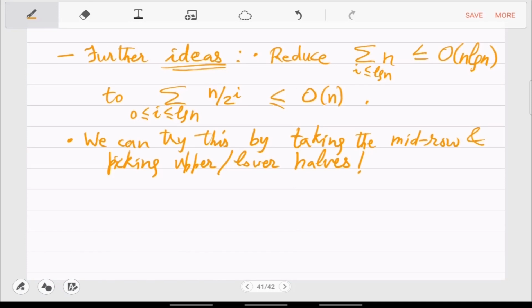So this will simultaneously reduce both the dimensions by half every time. So hence the time will now be, in the ith step, ith call, only n by 2 raised to i.